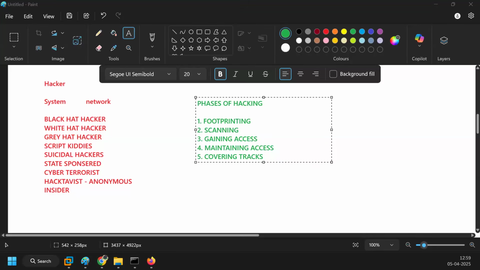Right? So what is ping? It is a very small utility that is used for finding the reachability of our target. With its help, we can find out whether our target system is reachable or not. Once we have found the information regarding the reachability of our target, we go ahead and try to